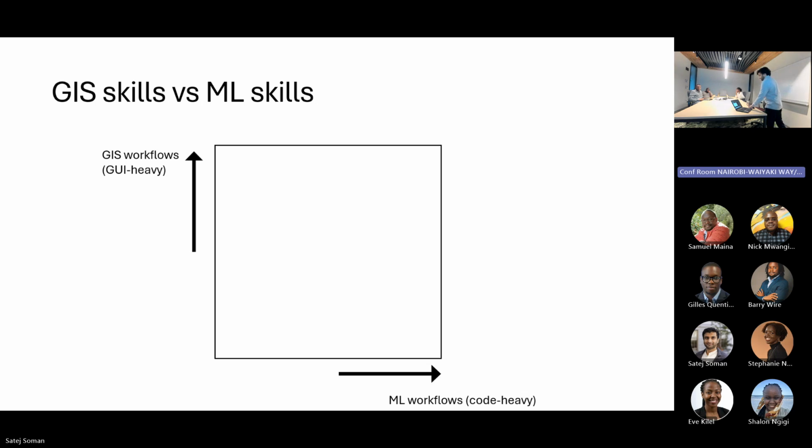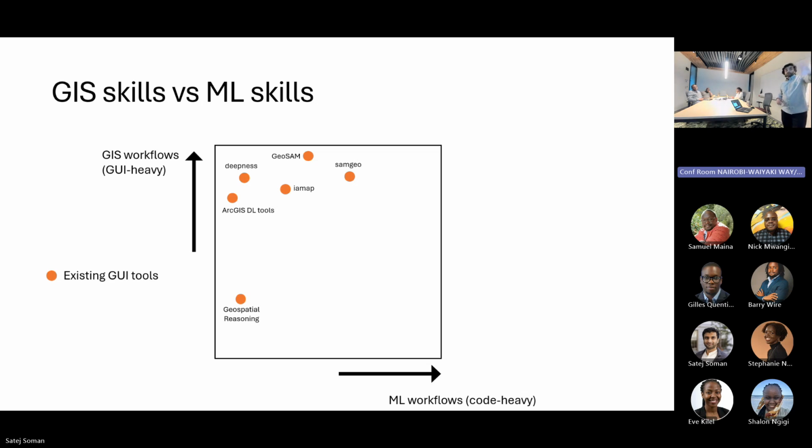And we're not really the first people to try to identify or bridge this gap. Out there, you actually have a couple of different existing GUI tools that try to target different users in this GUI-savvy versus ML-savvy breakdown. In one quadrant, where you have tools for people that are neither really GIS savvy nor ML savvy, you have things like ChatGPT for maps. There's Geospatial Reasoning from Google, and there's Queryable Earth and Earth Copilot from Microsoft. And these are tools that allow you to use a chatbot interface to interact with data.